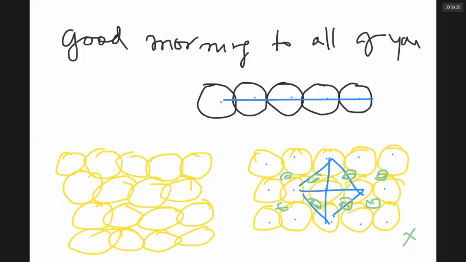In this packing, if you see, this particle is in touch with 1, 2, 3, 4, 5, 6. This is called hexagonal close packing. In hexagonal close packing, there is minimum wastage of space. Do you know the difference between 1 and 2? I want to draw it again for you to inspect.